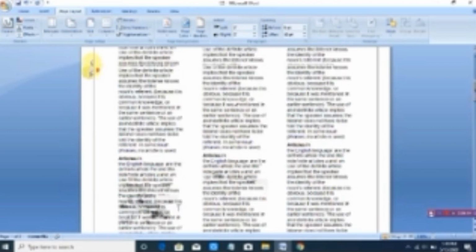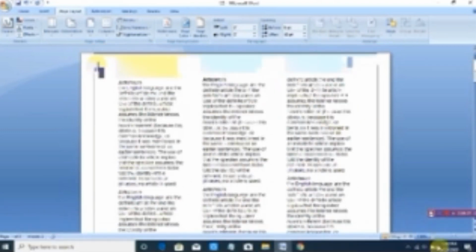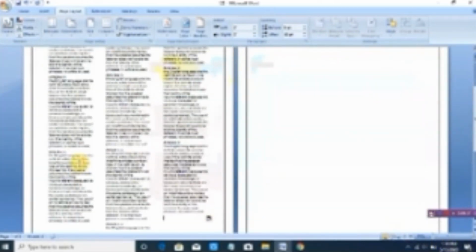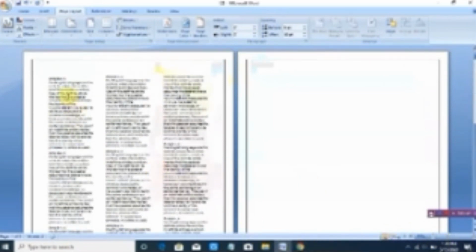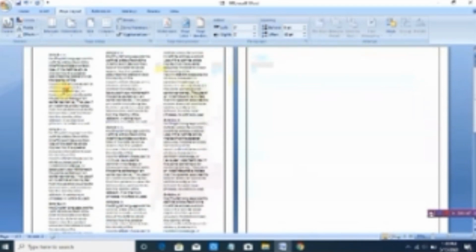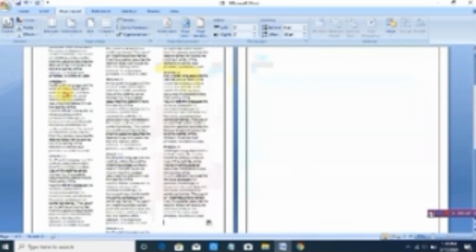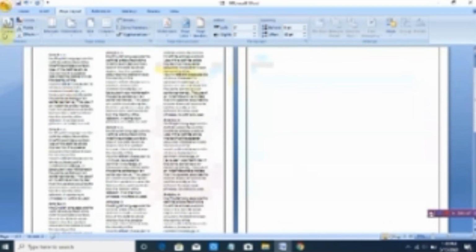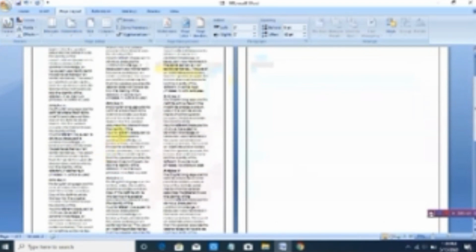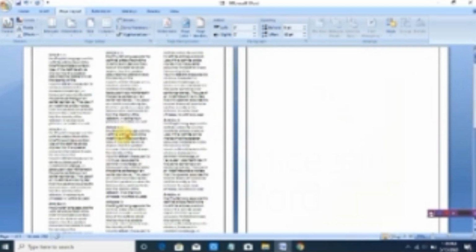Now you can see here this page, how the article has been converted into 3 columns so that the reader can read it easily in a minimum time.